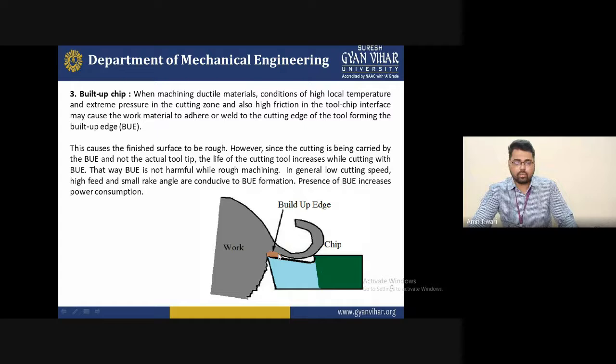This is not required for machining, and it will not indicate a good machining. It is good for continuous chip formation, but a built-up chip means the formation of a high temperature region or high friction acting on the surface of the tool and chip. So these are all the fundamentals I have discussed regarding the formation of a chip and the types of chip formation, that is, continuous chip formation.